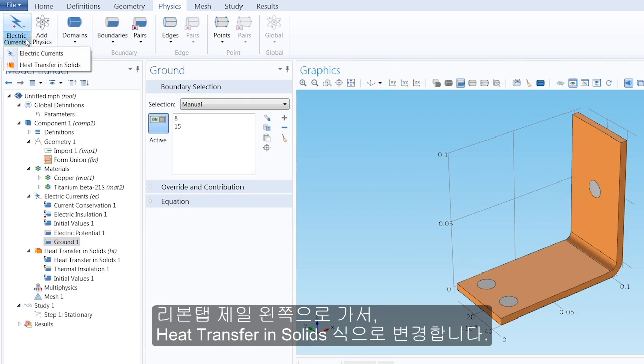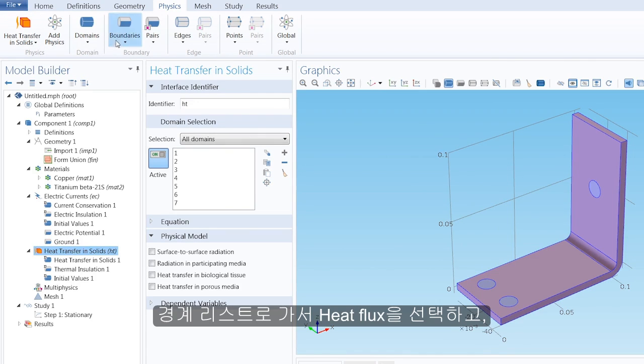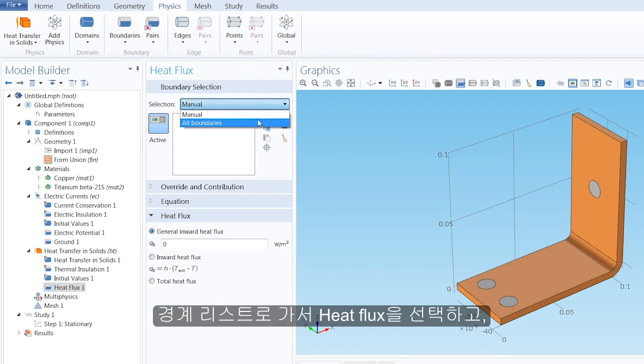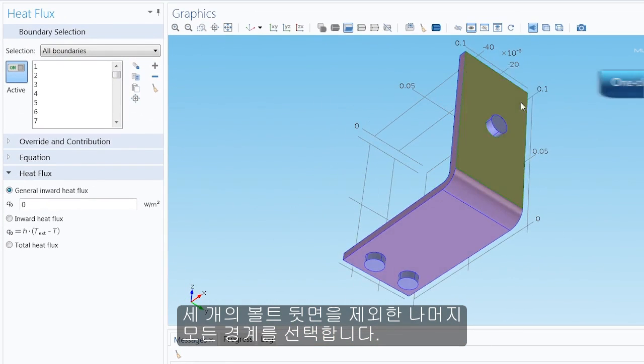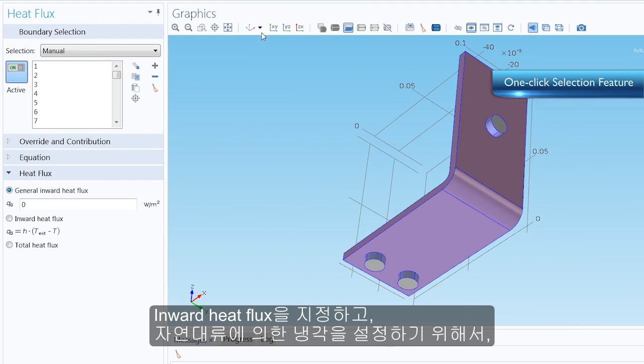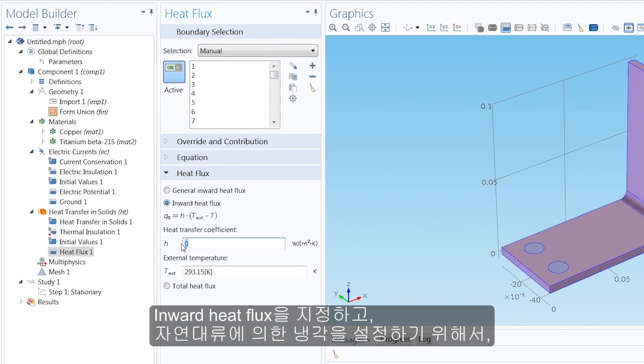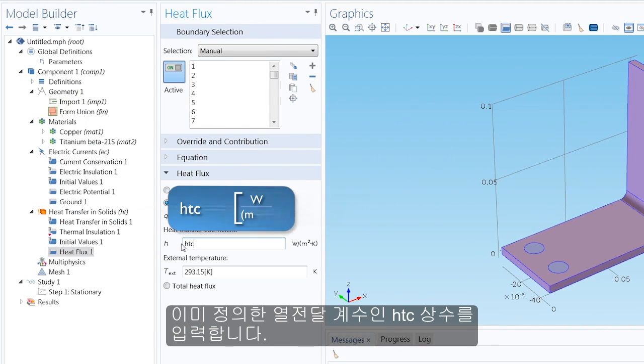Once again at the left side of the ribbon, we can switch the physics interface to heat transfer in solids. From the boundary list, we want to add a heat flux and select all boundaries of the geometry, except for the backs of the three bolts. Then, specify an inward heat flux, the cooling through natural convection, using the parameter HTC, defined earlier as our heat